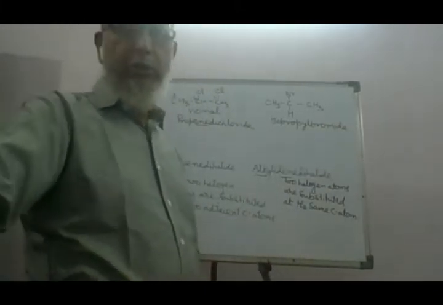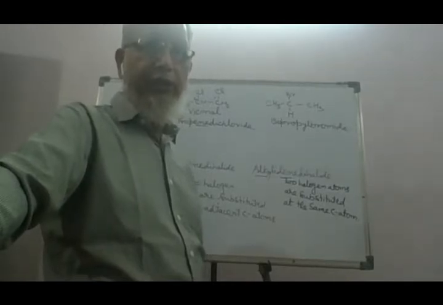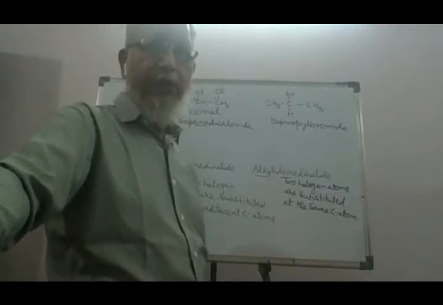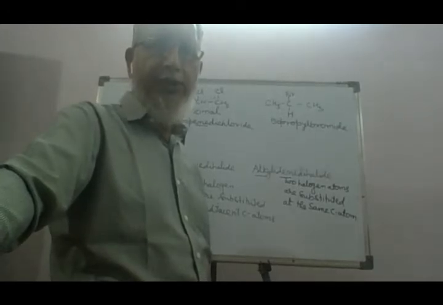Although I have told you earlier that for iso, there should be presence of a tertiary carbon atom at the second position, in case of propyl it is an exceptional case where the secondary propyl and isopropyl are the same,